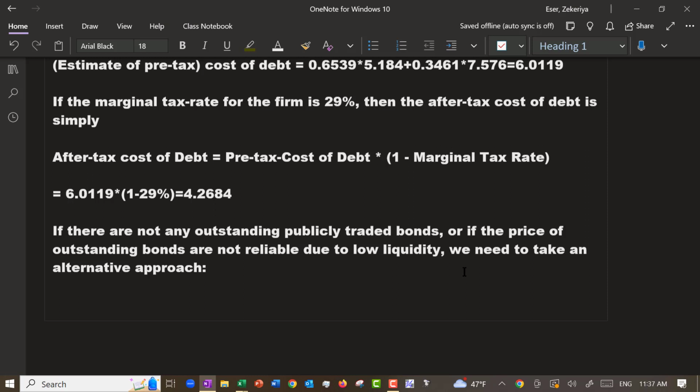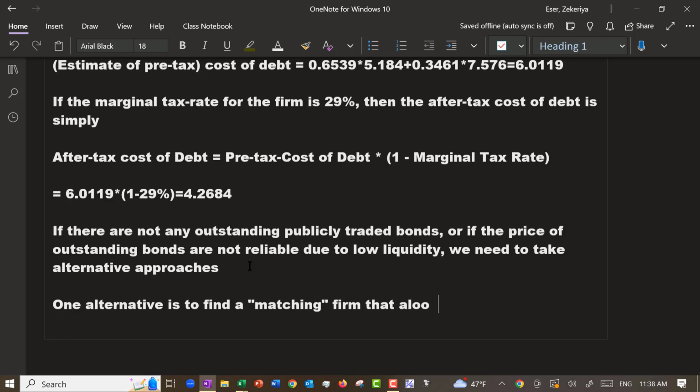One alternative is to find a matching firm that looks a lot like yours in terms of credit quality and estimate their cost of debt